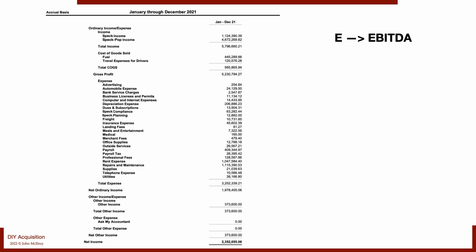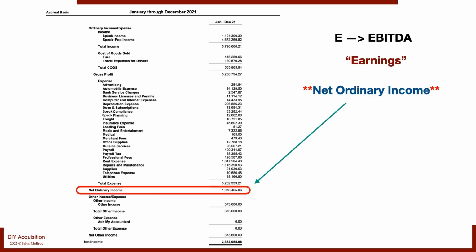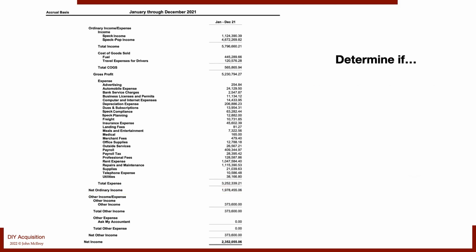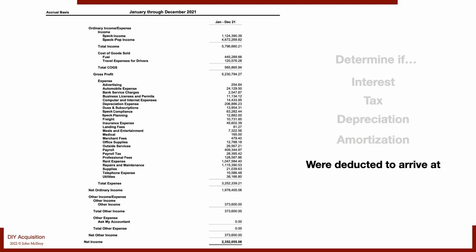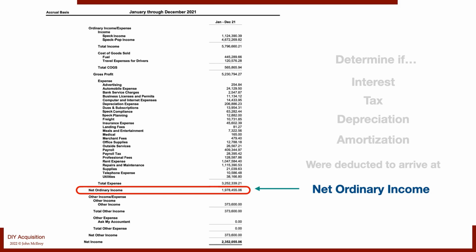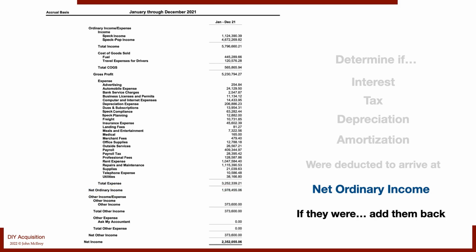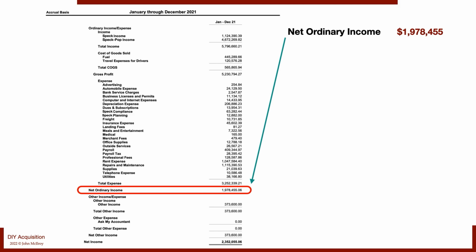We know the E in EBITDA stands for earnings. So which earnings number do we start with? That is net ordinary income. And so we start there, and then we determine if interest, tax, depreciation, or amortization have been deducted to arrive at that net ordinary income number. And if they have been, we add them back. So let's start with the